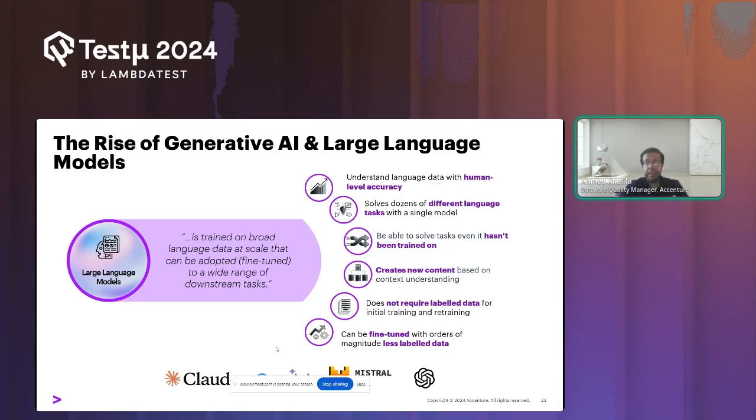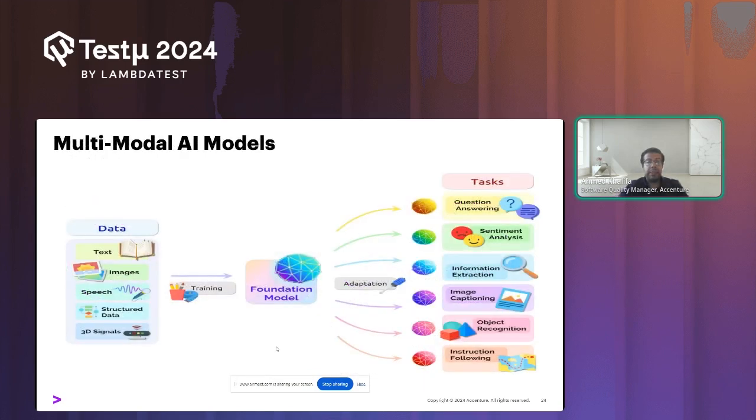Since last year, we had only textual large language models, right? For example, GPT 3.5 or ChatGPT, where you give only text as an input, and the output is only text. But now we have new large language models, called multimodal.